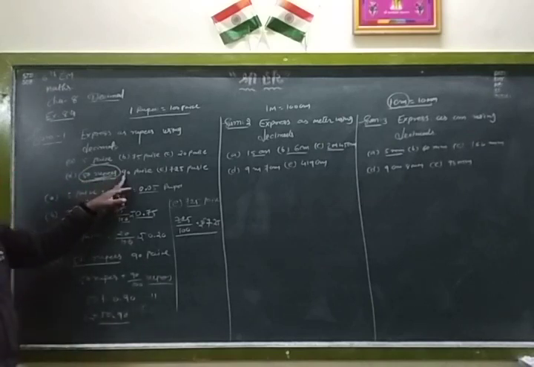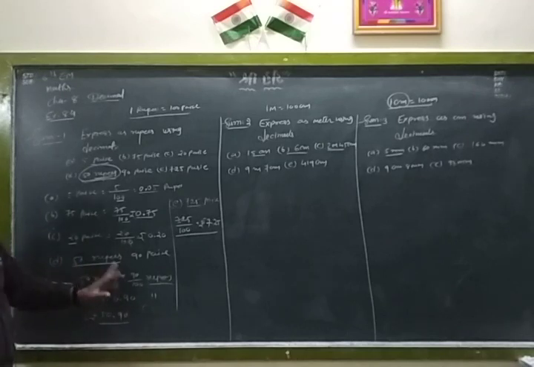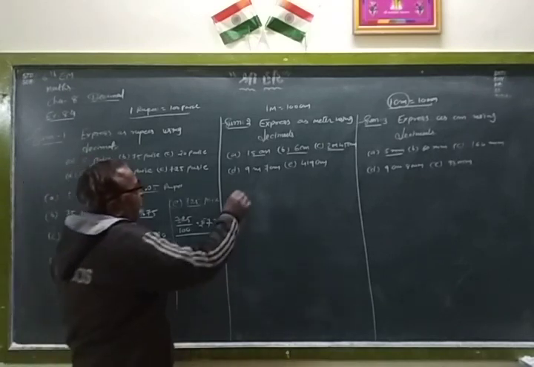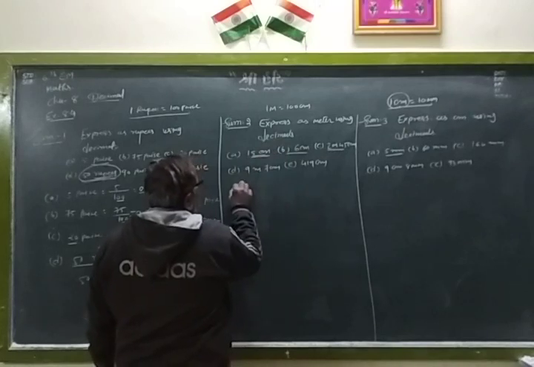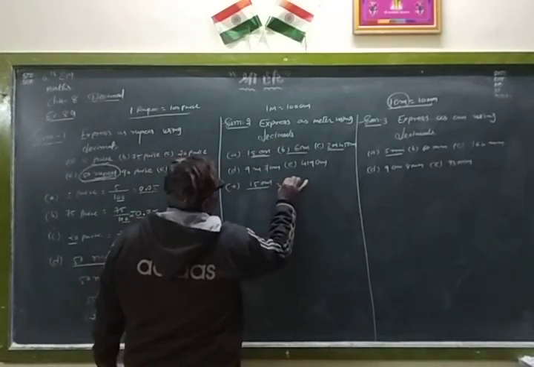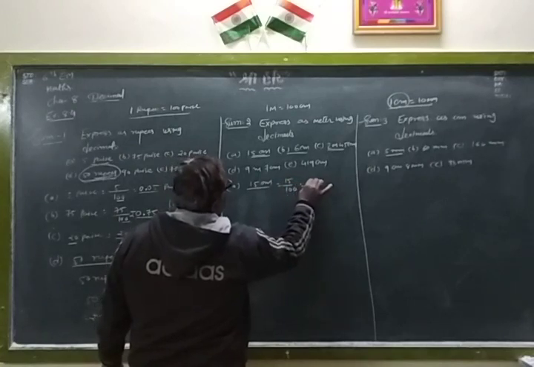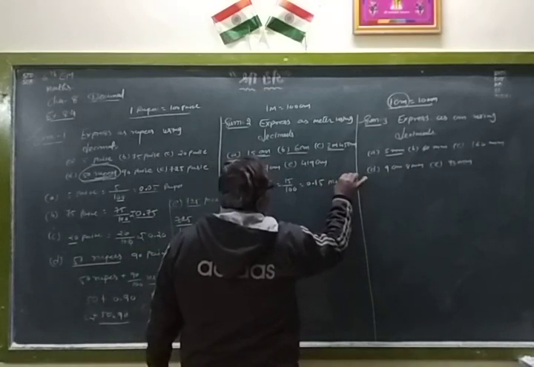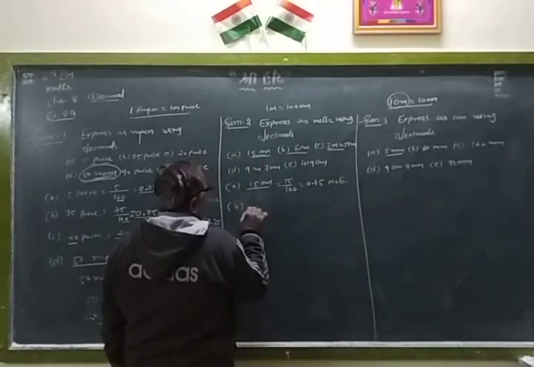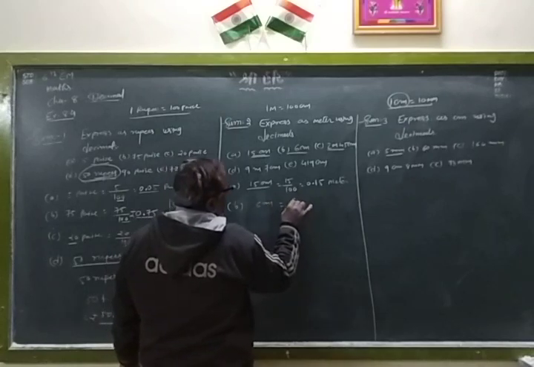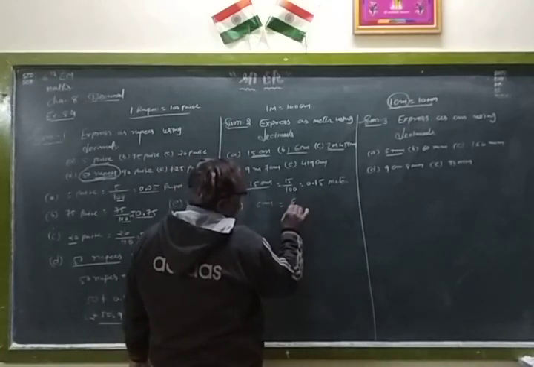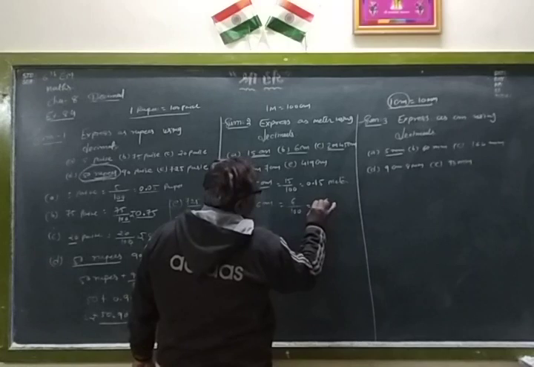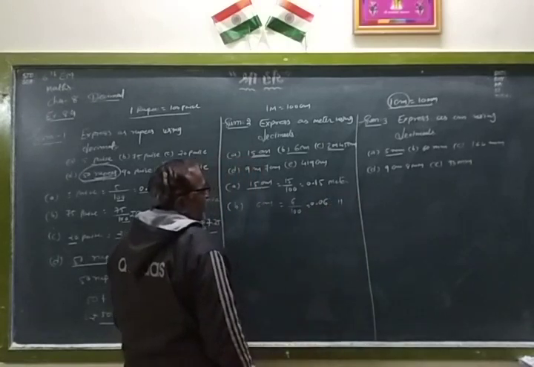But this is 90 paise, so we have to convert into rupees. To convert into rupees, we have to divide by 100. Like this, both are the same. Here also, to convert into meter, 15 centimeter is equal to 15/100, therefore 0.15 meter. Like this, B is the same, centimeter, but here 6/100, only one digit, so put 0 here, 0.06 meter.